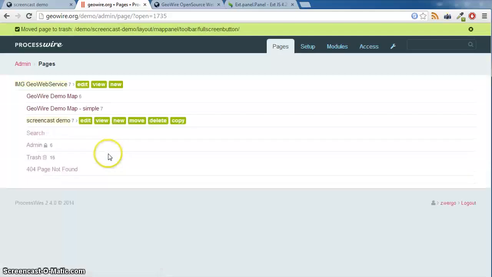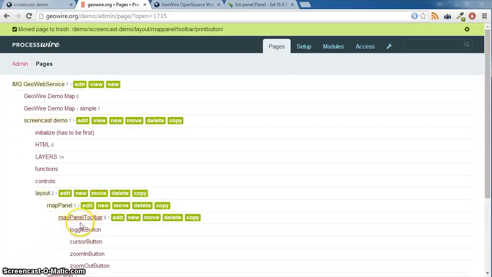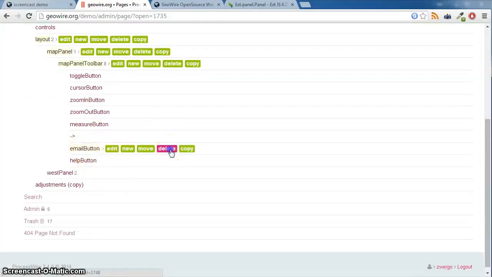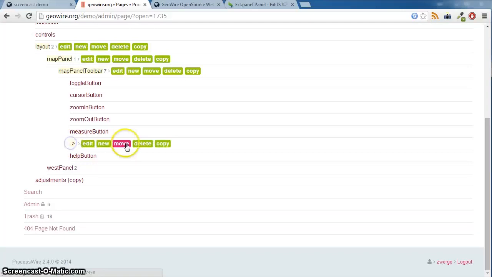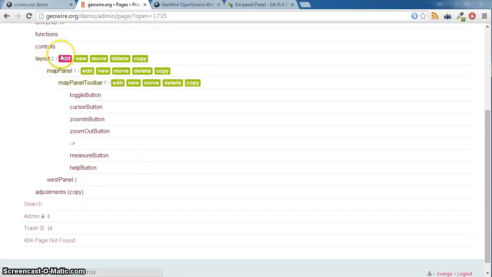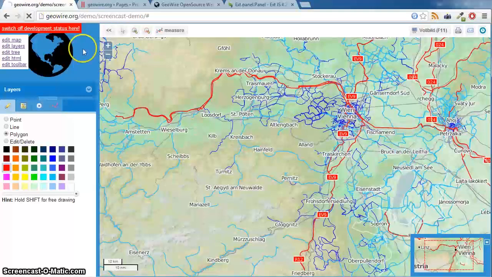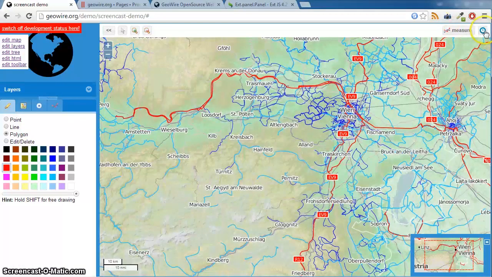Let's delete 1, 2, 3, and just move this one top of the measure button, so the measure button gets rendered to the right. So here's the measure button and the